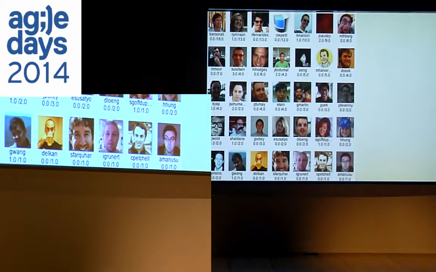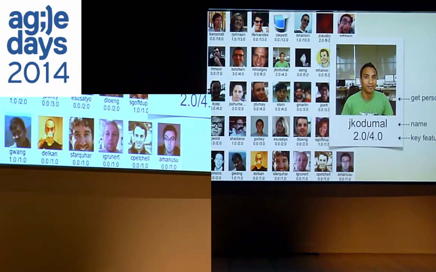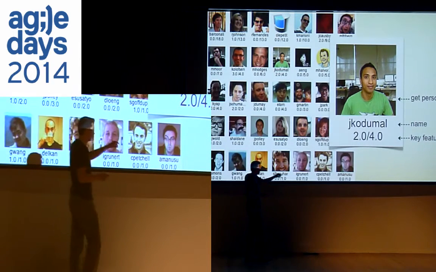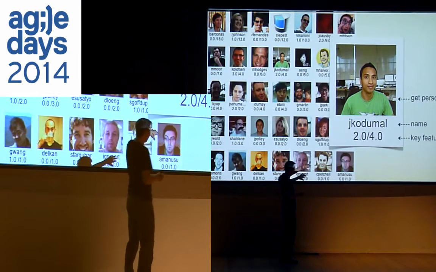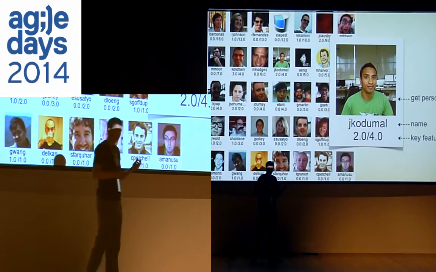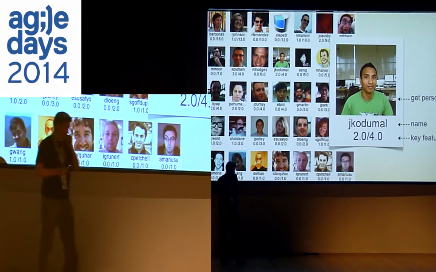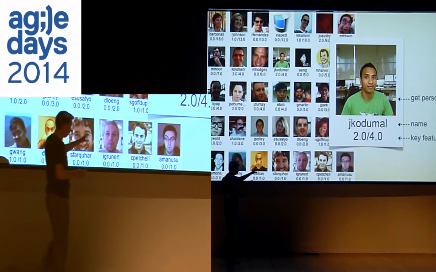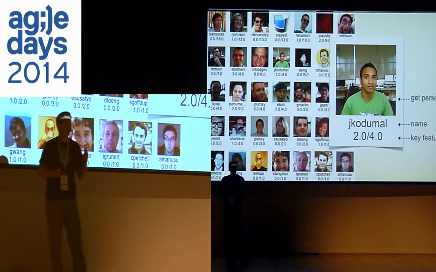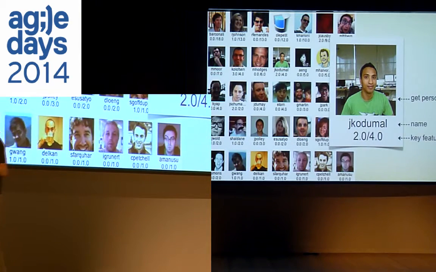And you notice that we have different things here. If I zoom in, you notice, of course, that we have the picture of the end user. We are trying to get personal here. Below the picture, we also have his name, so that helps us connect with him. And we also have some numbers at the bottom. These are the key feature usage. The number on the left represents the number of notifications received by the user, and the number on the right represents the number of tasks created by the user in that feature.